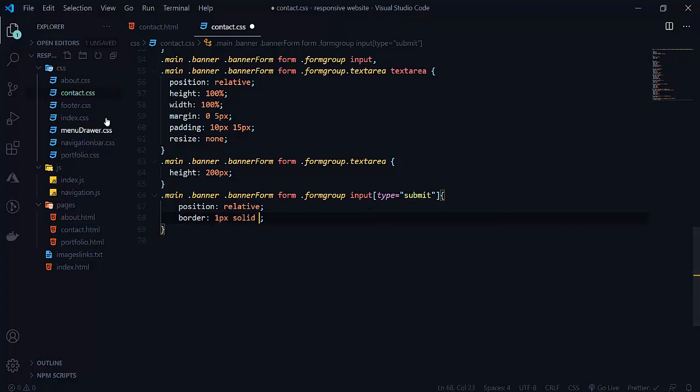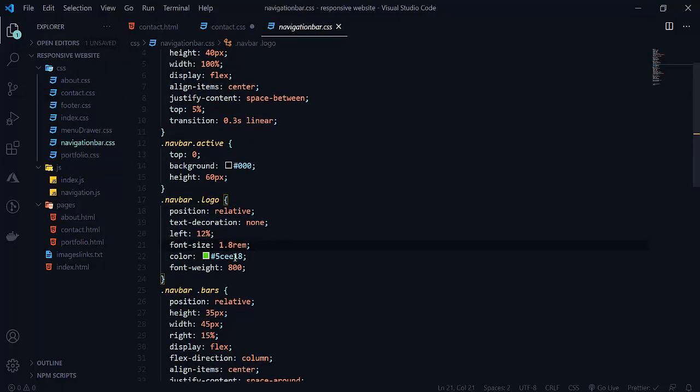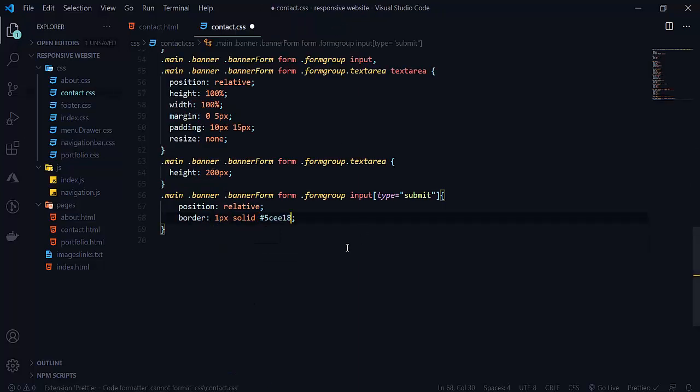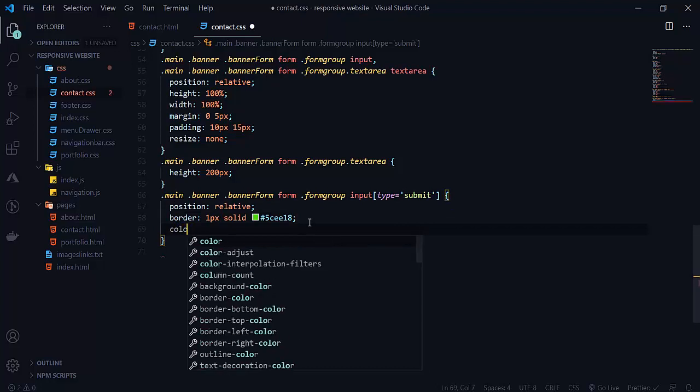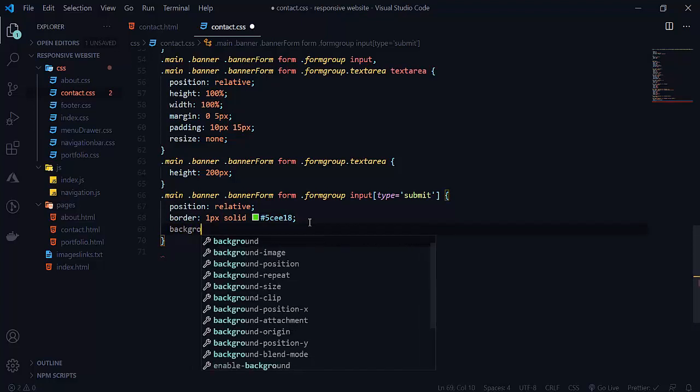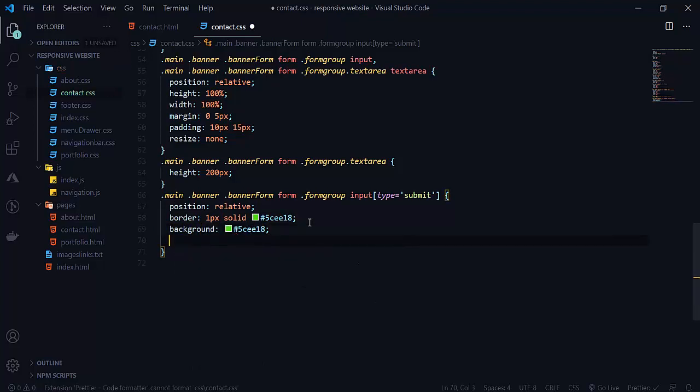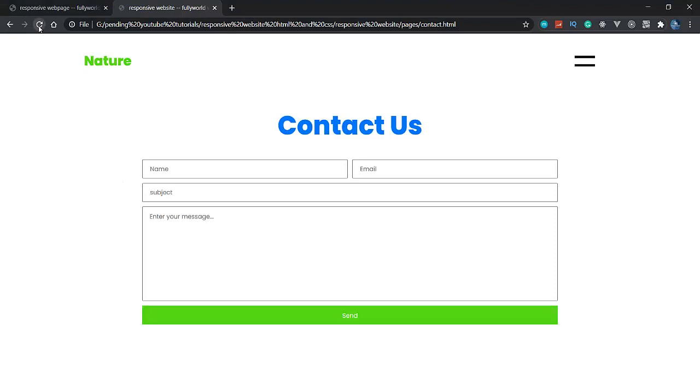And let's move to our navigation bar.css, and here we want our green color. Copy this and paste it here. And we also want the background with the same color, and we want the color as white here. Save it and let's see. When I reload this, see that we are getting it like that.